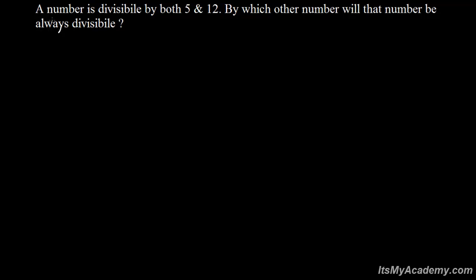Here the question is saying a number is divisible by both 5 and 12. By which other number will that number always be divisible? Alright. In the divisibility property, I think probably we had learned that